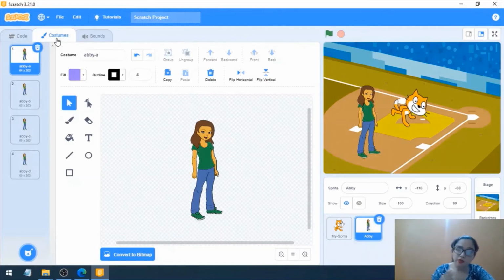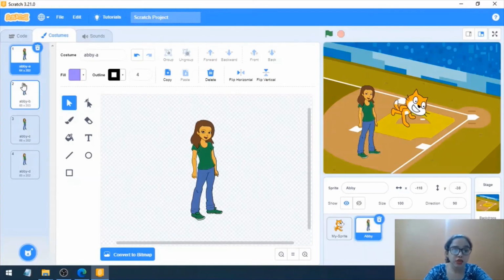The costume will be used in animation. When we put motion into the sprites, then we need to look into the costumes. When there will be animation, when there will be motion, what will be the next move of your sprite? In that scenario, you'll be using costumes.